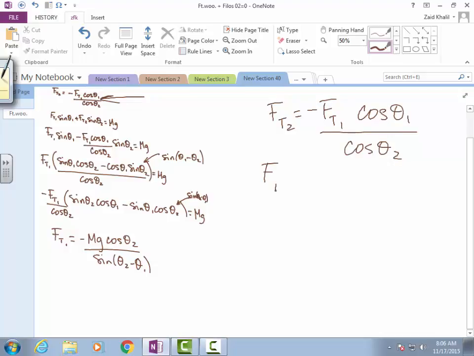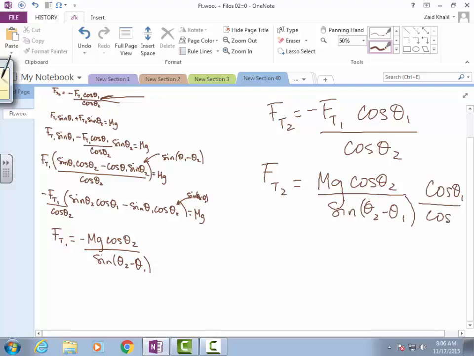So ft2 is equal to negative mg, which is positive mg cosine of theta 2 over the sine of theta 2 minus theta 1 times cosine of theta 1 over cosine of theta 2. Notice what happens to the cosine of theta 2's? And you get